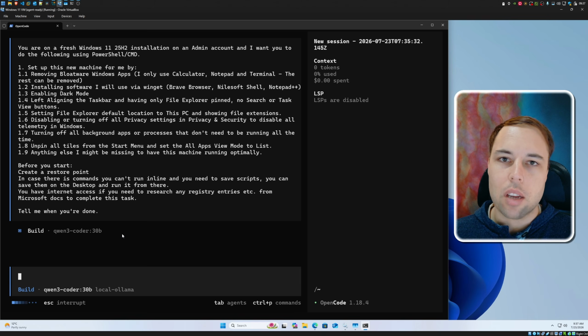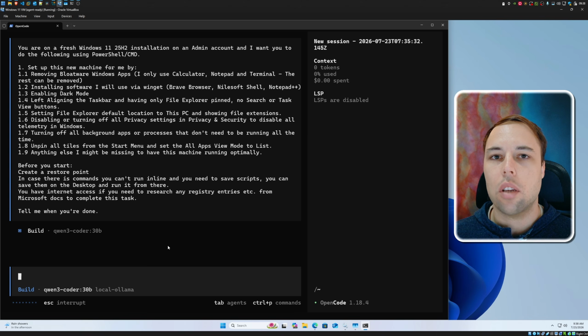That basically means I'll be able to use the model locally inside of this virtual machine, but the compute is happening on my main PC where I actually have all of my hardware. The point of this is to give the AI model, or the LLM, full control of the Windows system inside of the virtual machine, so that it has free rein to set it up the way that I want it set up, and actually run the commands inside of Windows.